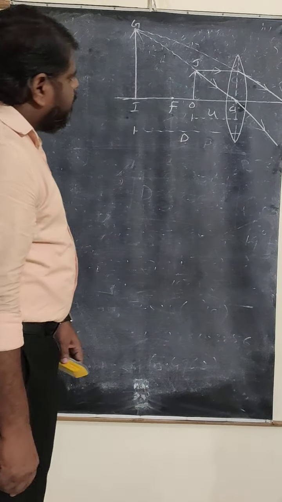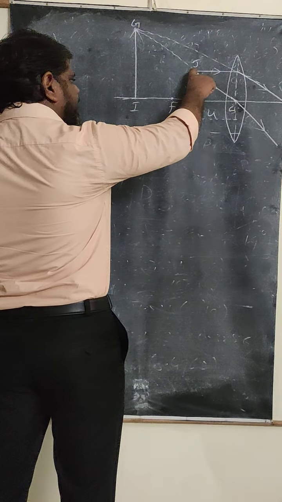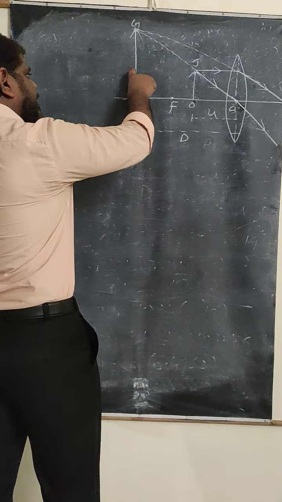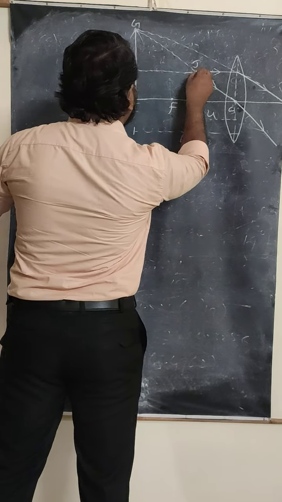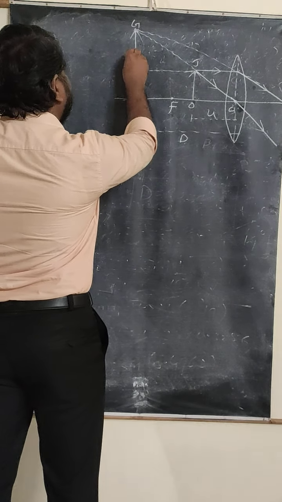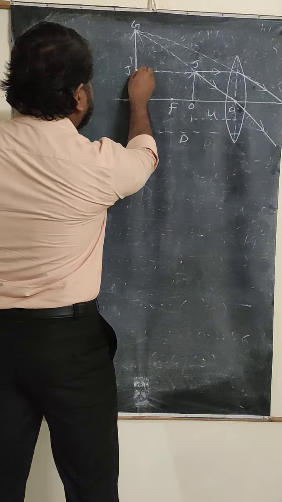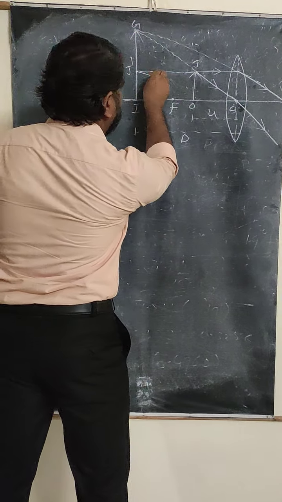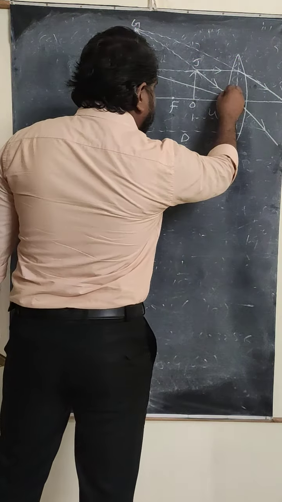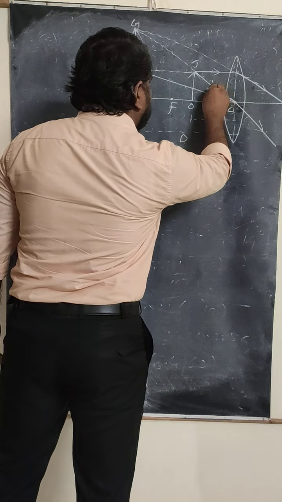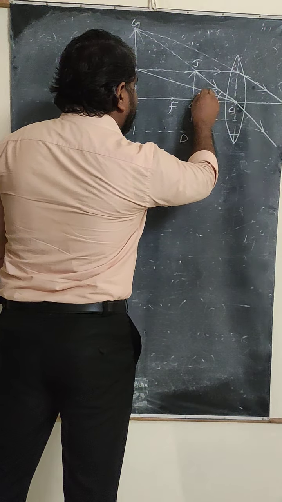Okay. For the derivation part, I am going to make some small modifications. Whatever the size of the object is, the same size of the object I am going to take at the place of the image. So I am going to extend this line up to here, and this point will be called J dash. It is J and it is J dash. And again I am going to take a straight line from J dash to the optic center. Like this. Let us say this angle is alpha, and this angle is beta.